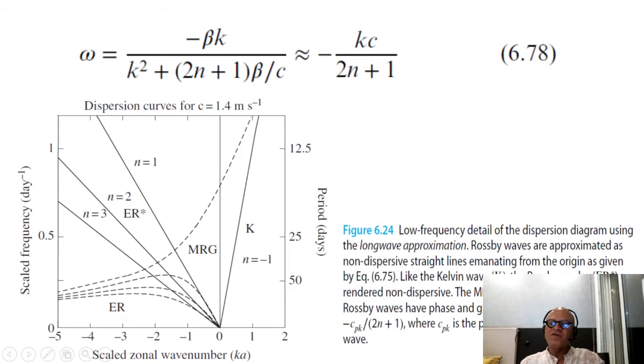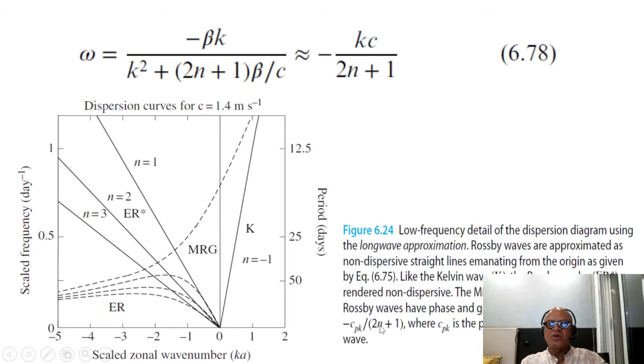Like the Kelvin wave, the Rossby modes, here we call them ER star because they are long wave approximated. They are made non-dispersive because of this approximation, and the mixed Rossby gravity waves disappear in the long wave approximation. These approximate Rossby waves have phase speed and group speeds that are defined by this